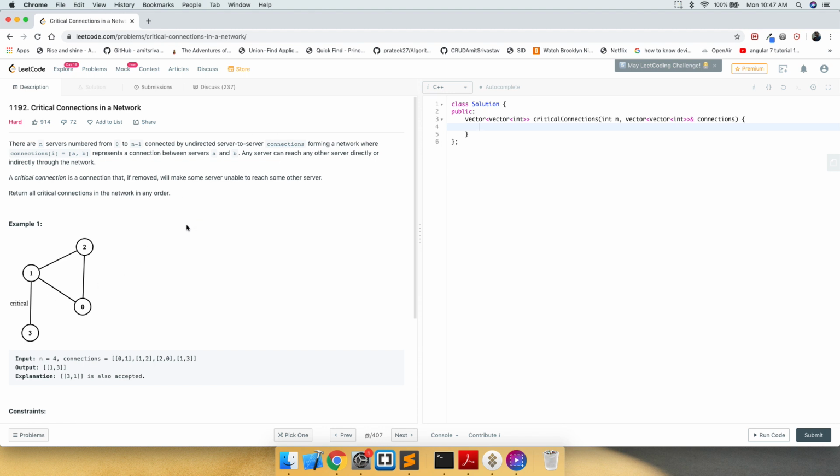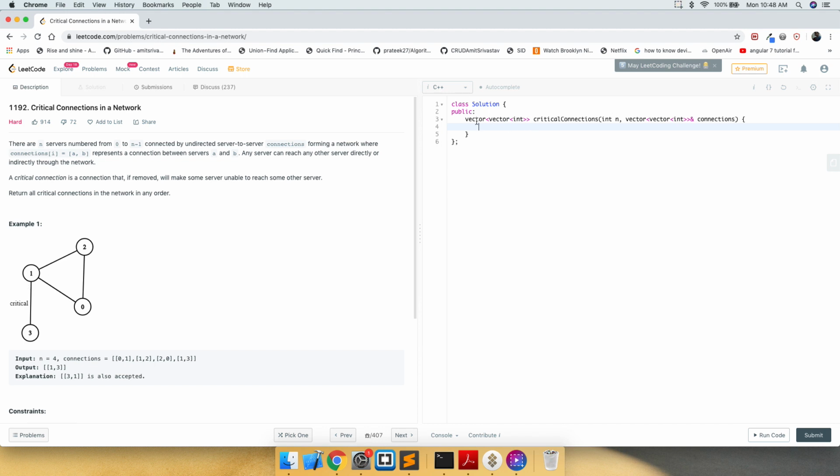So as you can see in example 1, if we remove 1 here, then there's no possible way, unless we modify the graph, that we reach 3 if we start traversing from either 2 or 0. So in this case, 1 is a vertex that is critical for this graph, and this connection 1 and 3 becomes a critical connection. So that is the whole idea.